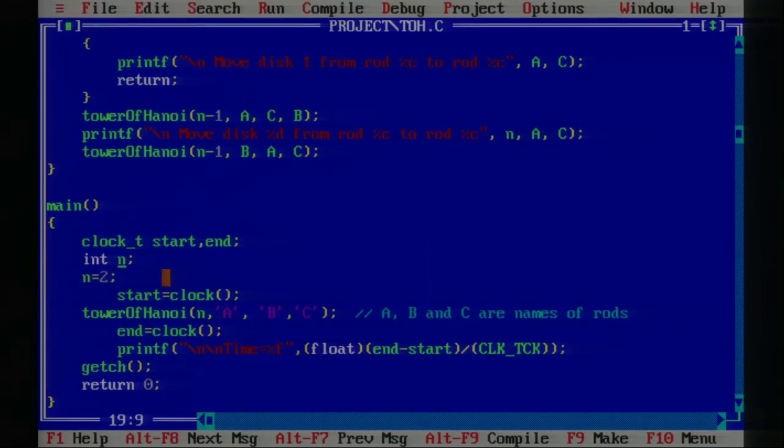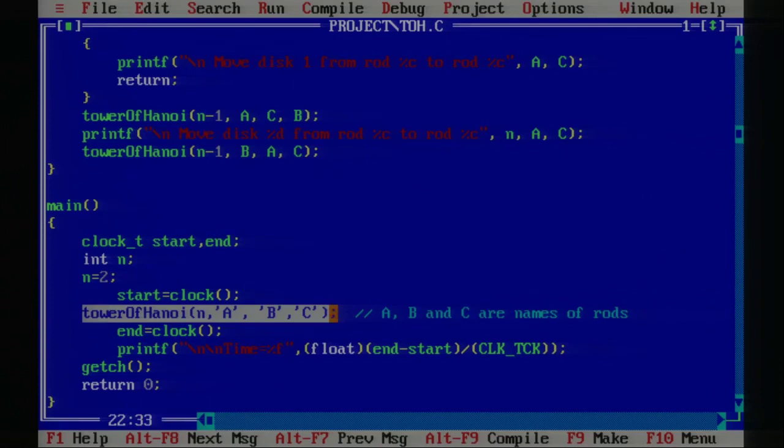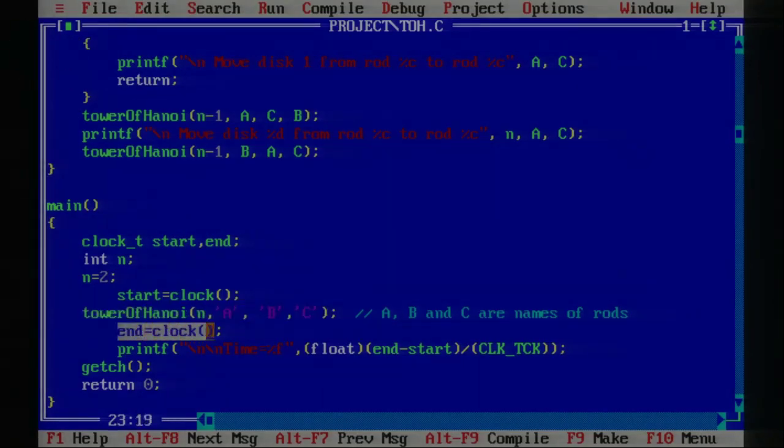Either you can directly assign it over here, or you can take input from the user by using a scanf statement. So start the clock, start is equal to clock(), then call the function tower of Hanoi, pass those parameters, the value of n and these 3 rods, or pegs you can call them, then end the clock.